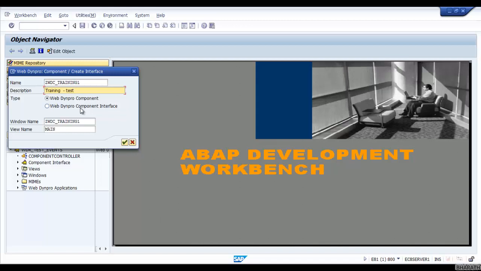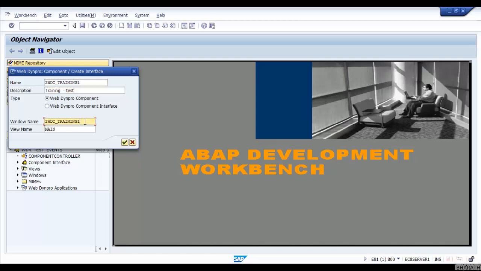With a class you can have implementation in the methods. Here also it is the same way. In a WebDyn Pro component, you can have views and create windows, but in a WebDyn Pro component interface, you cannot create any views or any windows. So a WebDyn Pro component interface is like a faceless component. So you always have to choose the WebDyn Pro component radio button only.